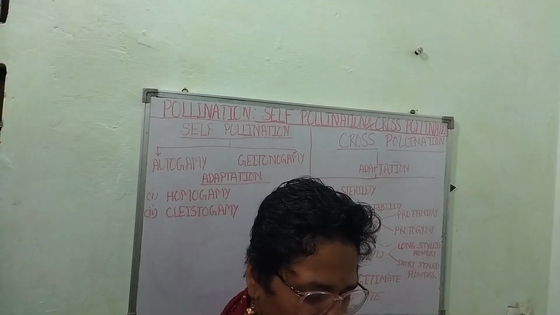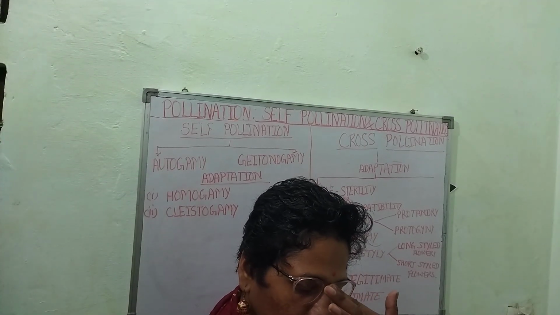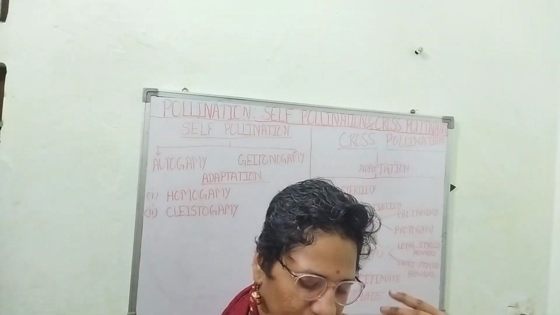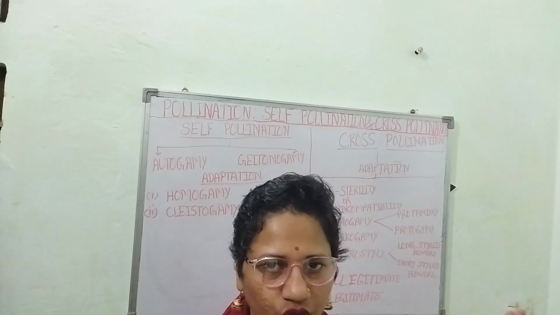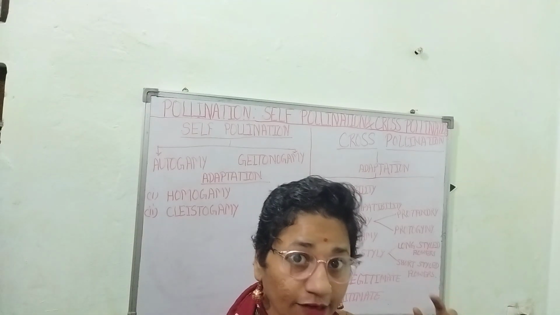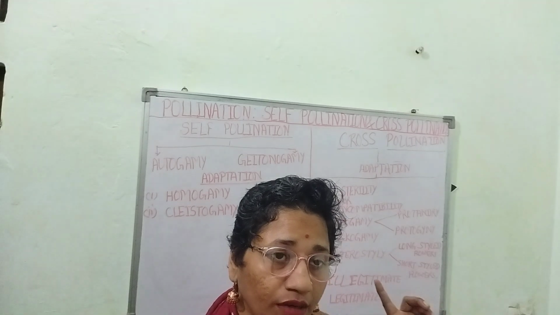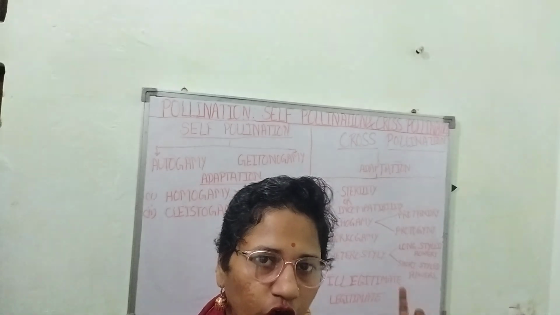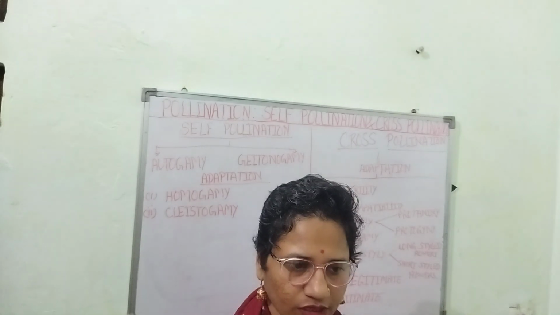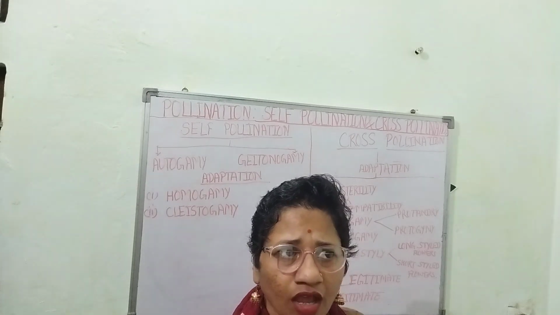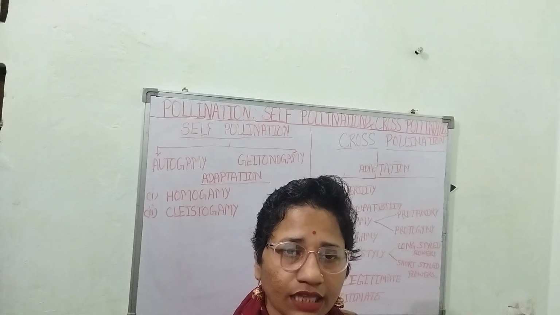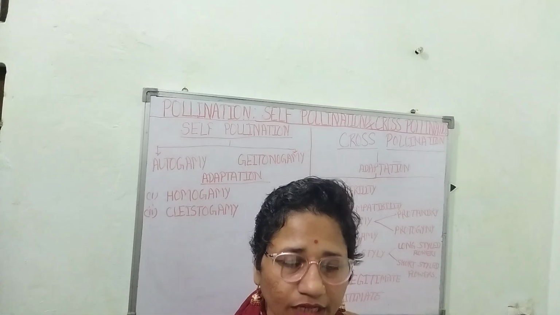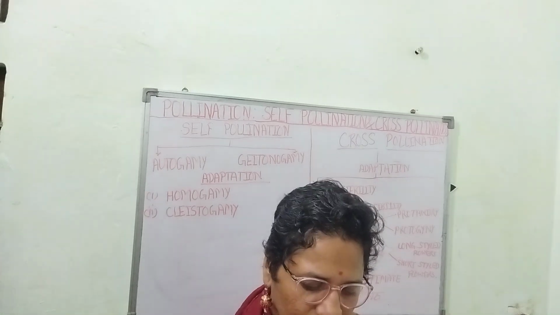या फिर ये कहना चाहिए कि transfer of pollen grains from the anther of the flower of one plant to the stigma of the flower on another plant is called cross pollination. Self pollination occurs in bisexual and unisexual flowers, and cross pollination occurs in unisexual flowers, because there is no chance to get the other partner for pollination if there is a unisexual flower.